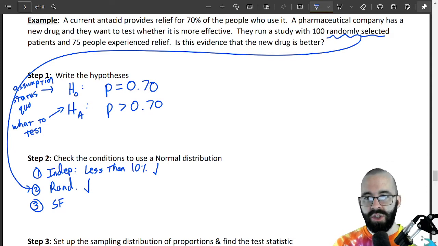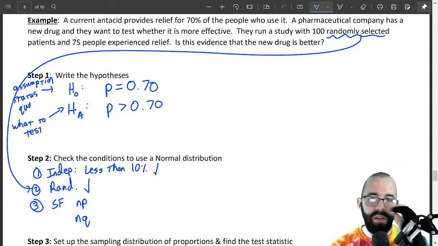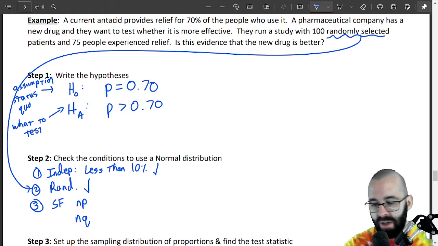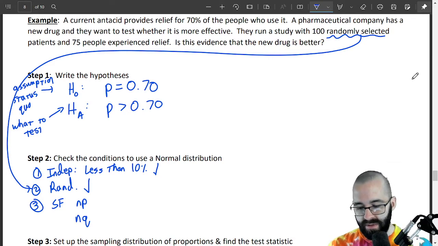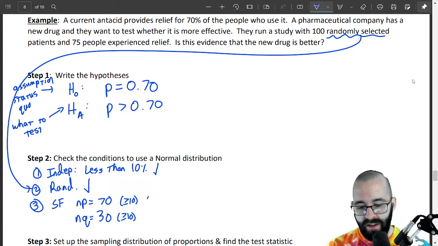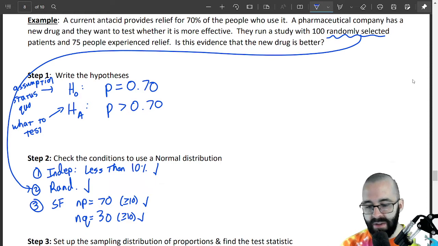Success-failure condition. Well, that checks n times p and n times q. And again, we don't know p, we don't know q. We're assuming that p is equal to this p naught, about 70%. So we're going to use that for our check. 70% times 100 people, that's 70. 30% times 100 people, that's 30. And these are both at least 10. We have to make sure that these are both at least 10. And we have them. So yes, this tells us immediately